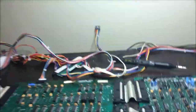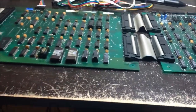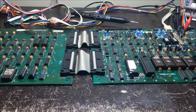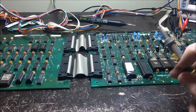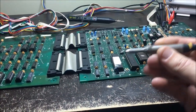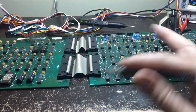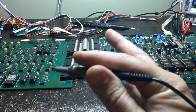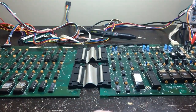I found something, and since I don't really have a good schematic to go on, I'm just kind of poking around with my scope and looking for goofy stuff, with no real scientific method to it, to be honest. Don't get me wrong, I can use this schematic a little bit and translate it to work to this board, but I'm not to that point yet. I'm not in a hurry on this, so I'm just poking around on it. Anyway, I found something that